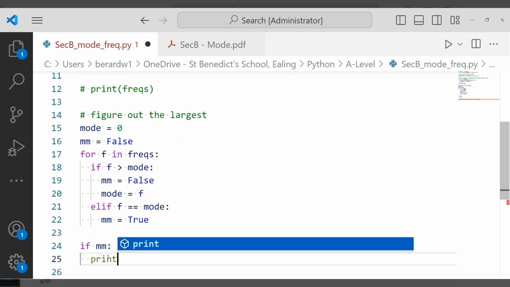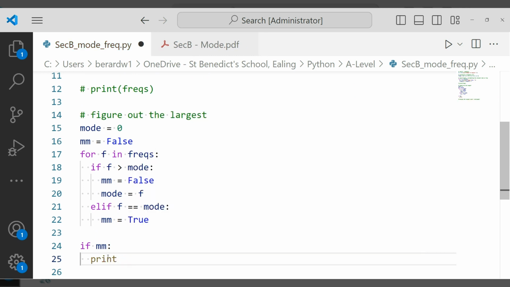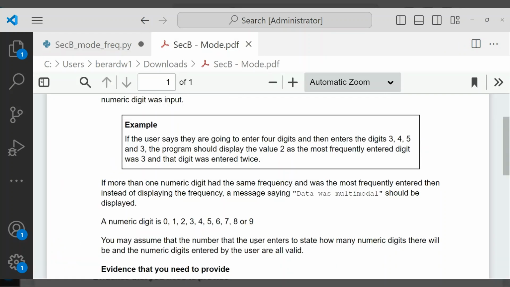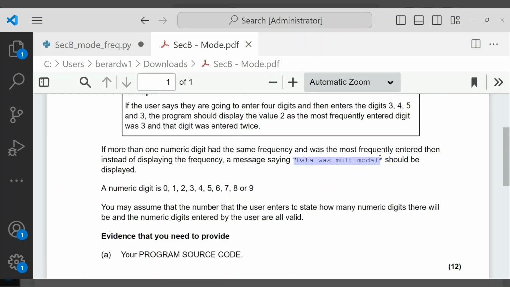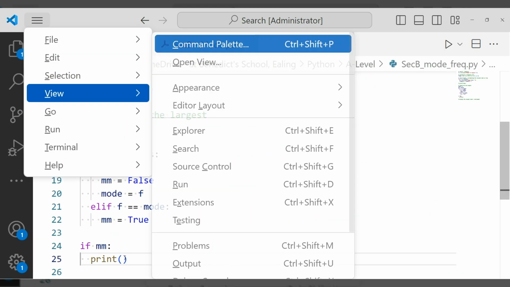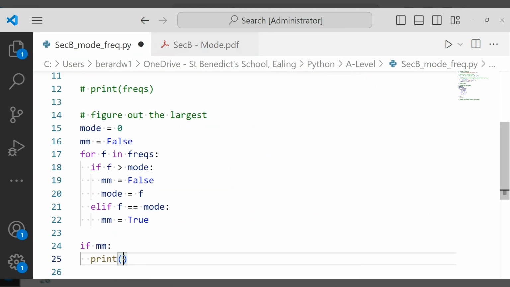We print. This is where you want to be very careful and say, I'm not going to print that the data was multimodal, right? You're probably not going to be able to do this on the exam because they don't give you a digital copy of the question paper, but they